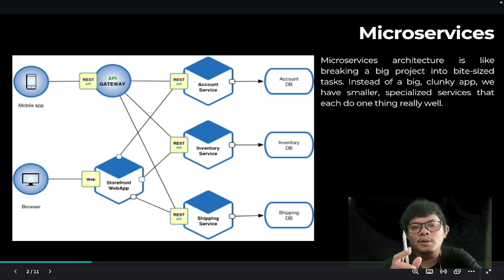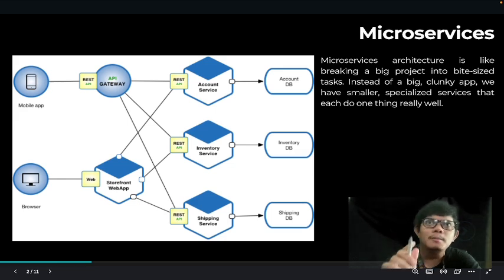The first one is all in one. The food truck contains everything it needs to serve food: the kitchen, the storage, and a service counter, all in one place. So it is tightly coupled. If something goes wrong with the kitchen, or if one chef is unavailable, the entire food truck might not operate properly.